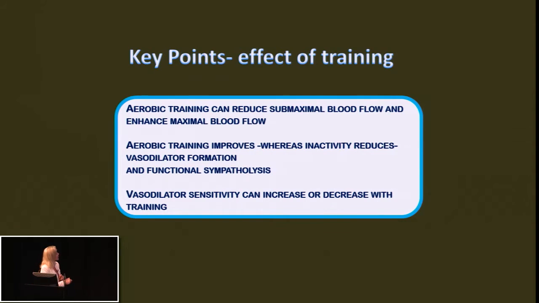All right? So the key points here, aerobic training can reduce submaximal flow, maybe because of an increased capillarization, allows for greater oxygen extraction, and enhanced maximal flow. And with training, we see an improvement in vasodilator formation and functional sympatholysis, and the opposite is seen if you're immobilizing a leg. And then finally, vasodilator sensitivity can increase or decrease depending on what compounds you're looking at with